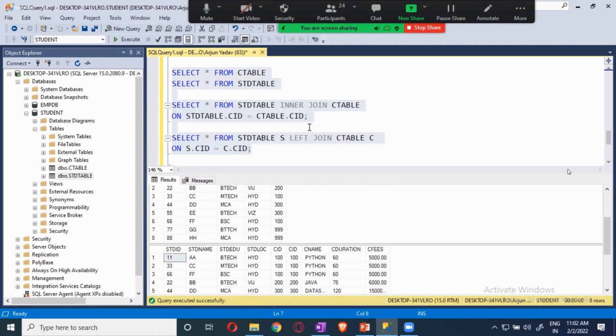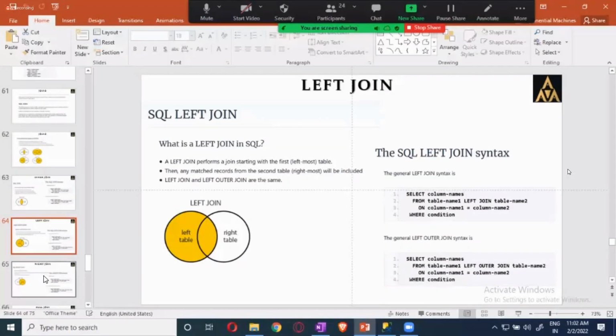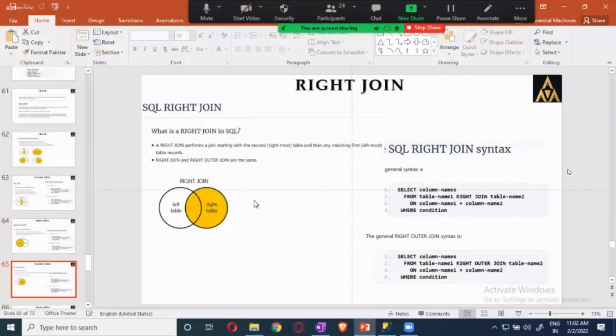The next one is called right join. Okay? Next one is called right join. Again, this is right centric. Okay, this is right centric. That means it will provide all the details of the right side table, all the records, all the course details of the right side table, and only the students who have taken the relevant courses, only those student details will be presented from the student table. And for the students who have not taken them, you will be getting null. Okay, now you take it here.